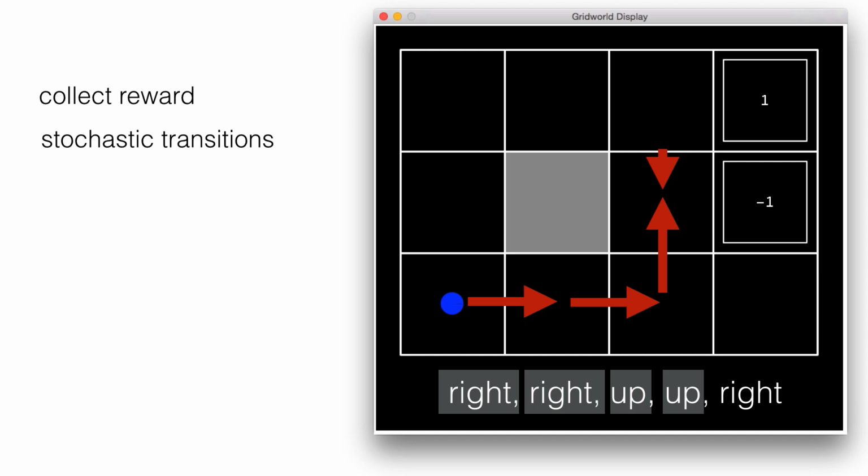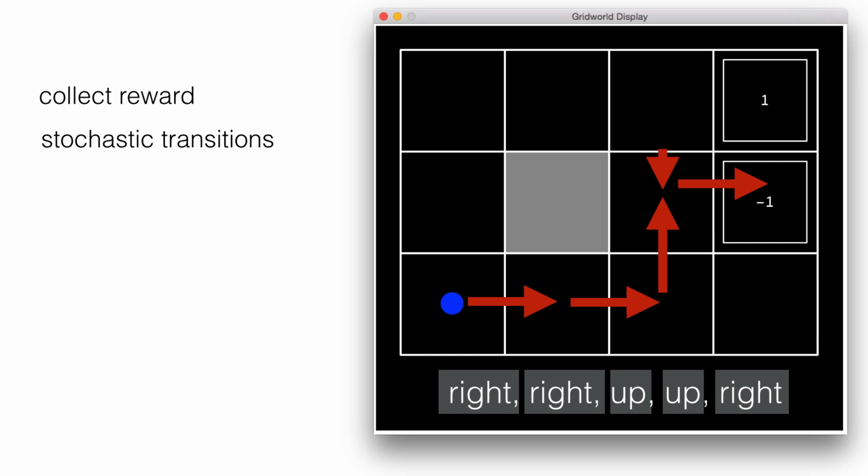We try to move up and we slip. And then we move right with the final move and end up on the -1 square. So not only did we get no reward like we did in the first example, we actually got the worst reward. We got the penalty. Okay, so in order to handle this type of environment, or this twist on what environments can be, we're going